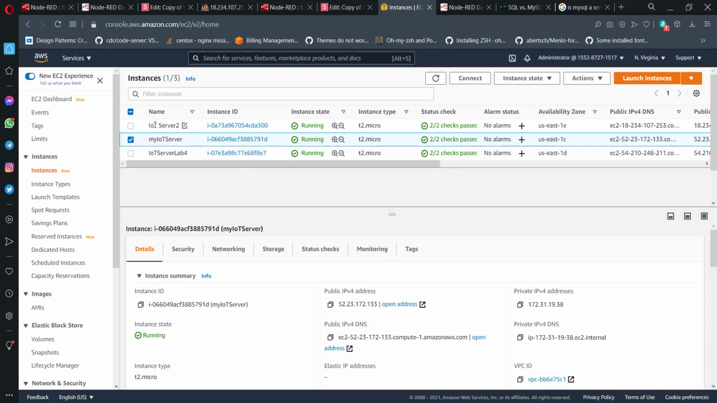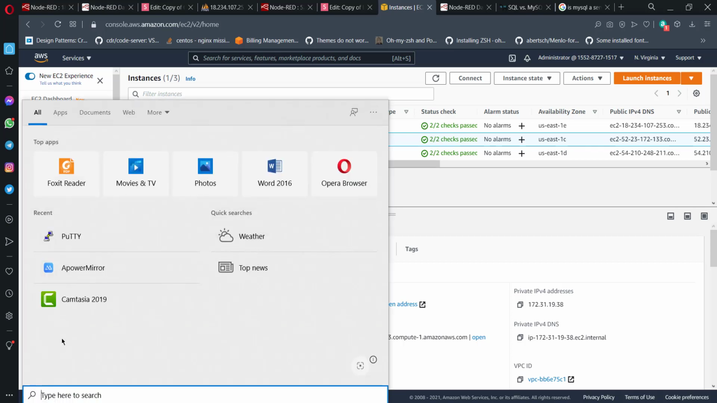Now, in order to connect to our AWS instance, we need to use SSH or remote connections to be able to access it and install whatever kind of software that we want to install. So I'm just going to go to Putty,